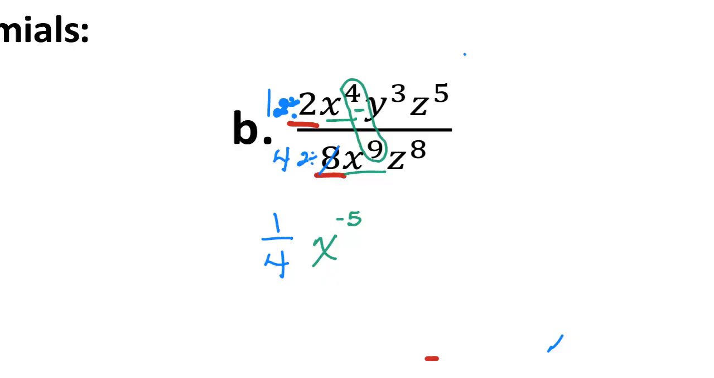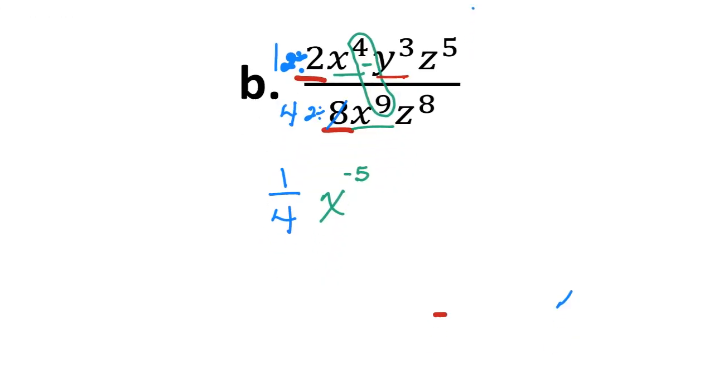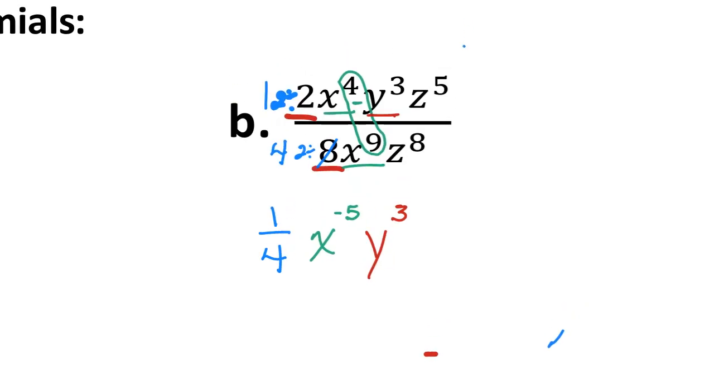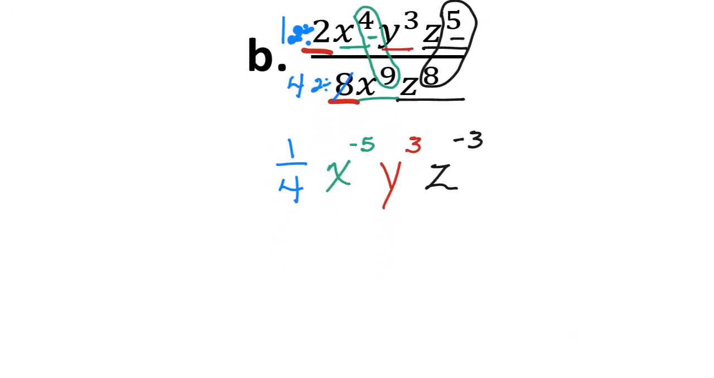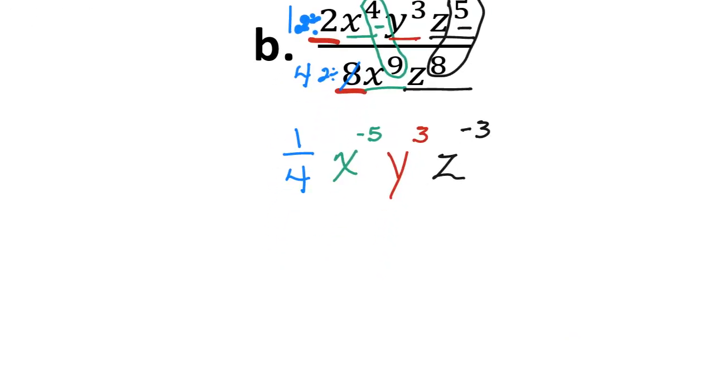Okay? Then we have a y to the 3rd. But we don't have a y on the bottom, so we're just going to leave that as y to the 3rd. And then finally, we have z to the 5th divided by z to the 8th. Subtract the exponents, and that is going to be z to the negative 3. Now, you have done a lot of good work up until this point, but that is not in simplest form,